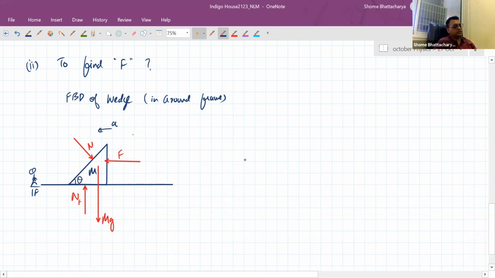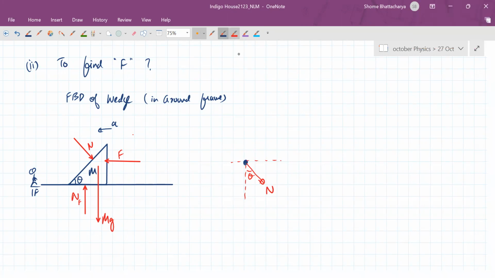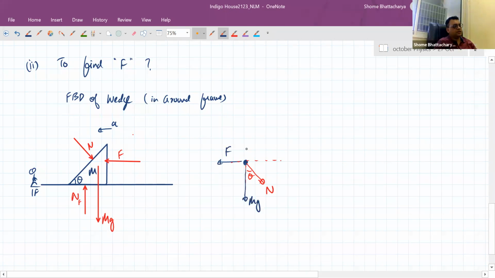So we'll have to make the FBD after resolving all these forces. So you'll see that this normal reaction, first we'll have to resolve this. So this angle will be theta here because this angle is theta. And of course there is F, there is capital Mg, and there is normal reaction that the floor is applying, and this acceleration is A like this. So ultimately we'll get an equation like this, that F minus N sine theta is equal to capital M A. That will be our third equation. And from equation 2, we'll have to bring the value of N. So we'll have to solve equation 2 that we have done earlier.